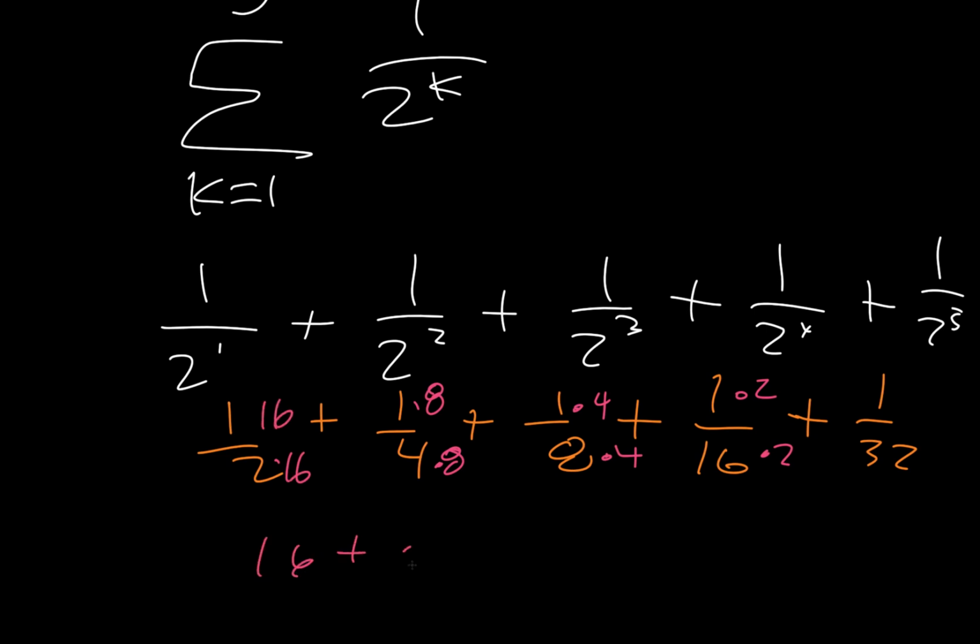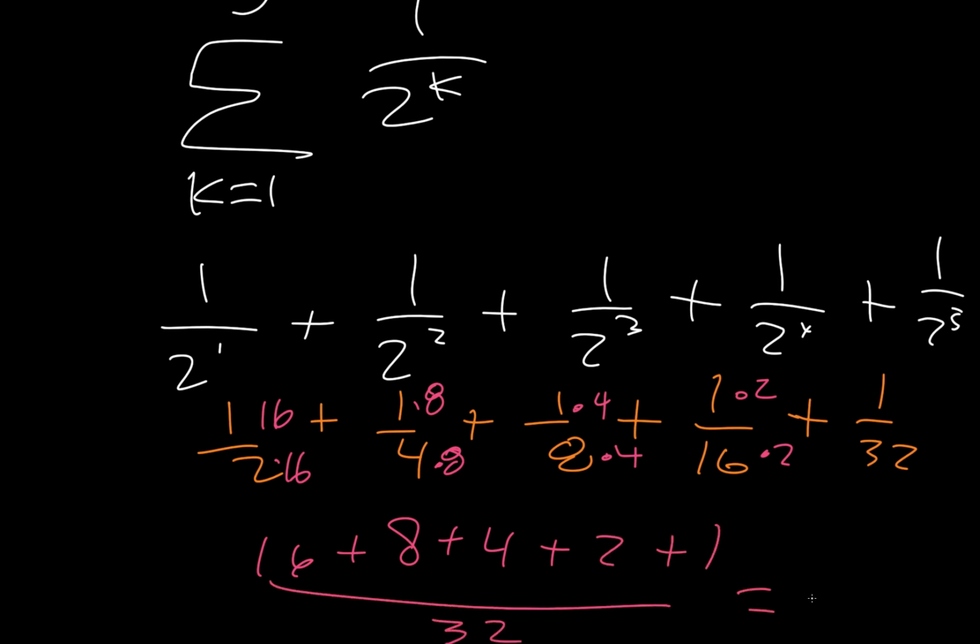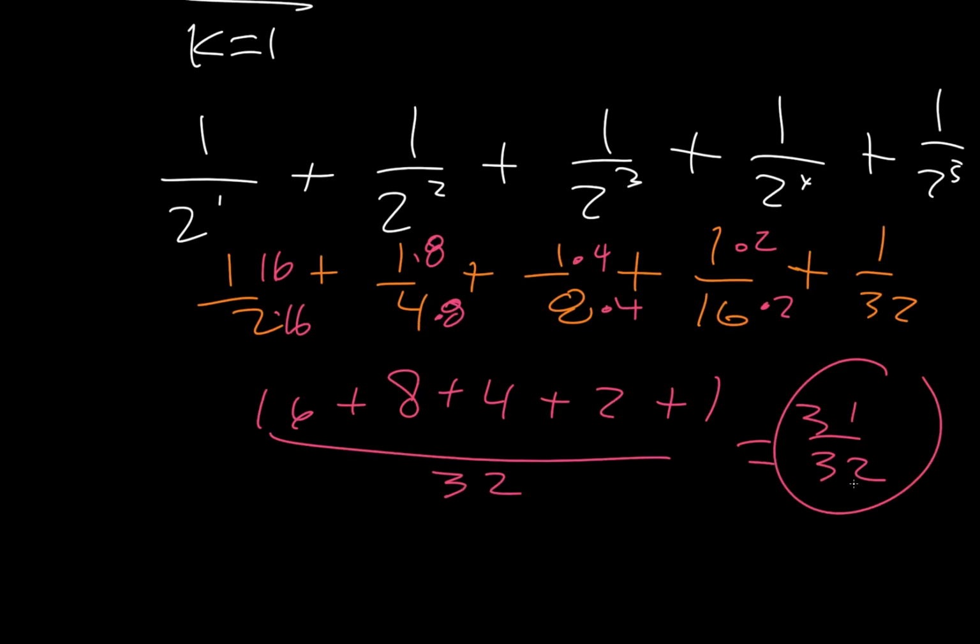So we have 16 plus 8 plus 4 plus 2 plus 1 all over 32. And if we add all those together, we get 31 over 32. Okay, we just have one more. So we have,